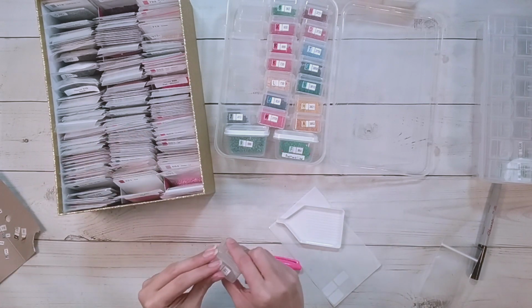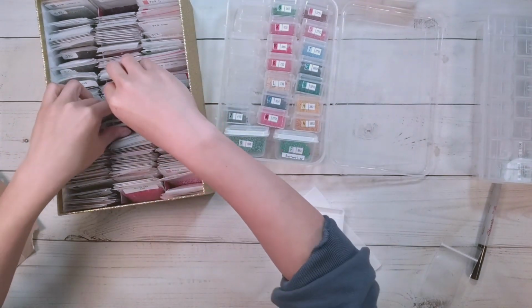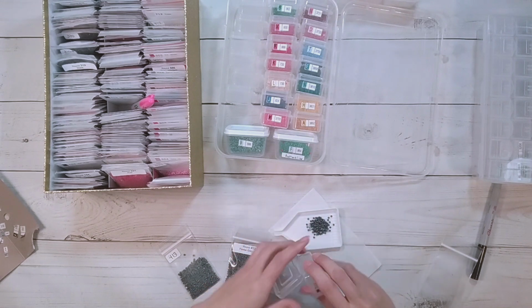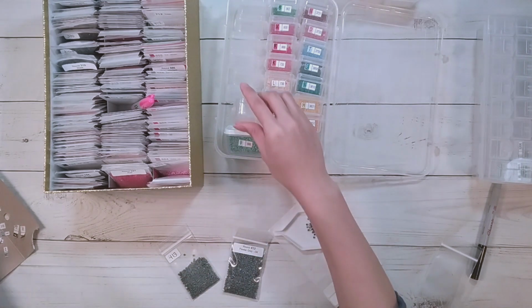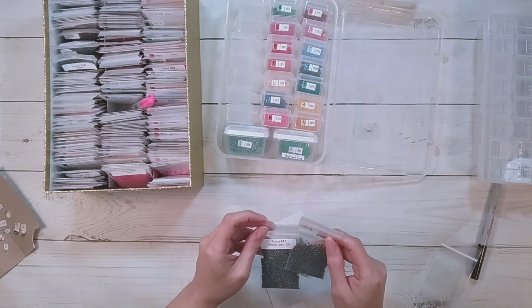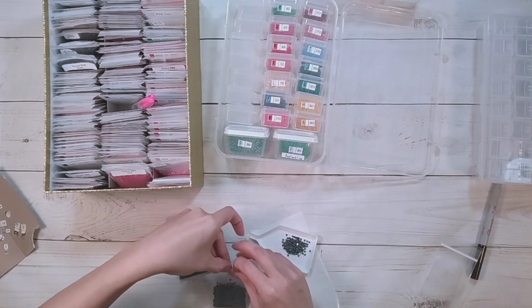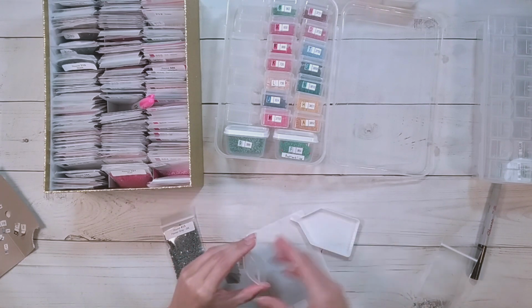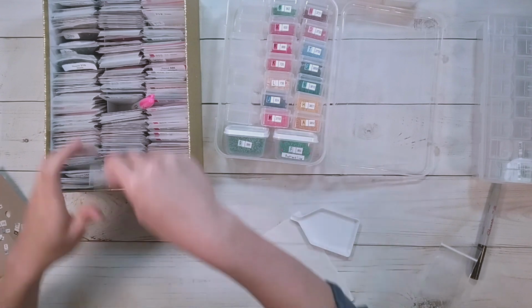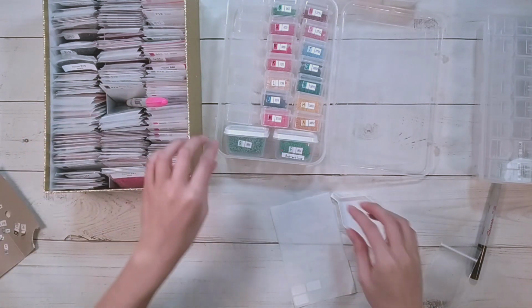Let's see. 413, pewter gray. I might have had some colors in common with the last diamond painting. These actually look the same. I think it looks like this one more. So I might combine them in the future, or this one might be so full anyway that I'll just leave them with the two bags. Yeah, no, my box is getting full, so